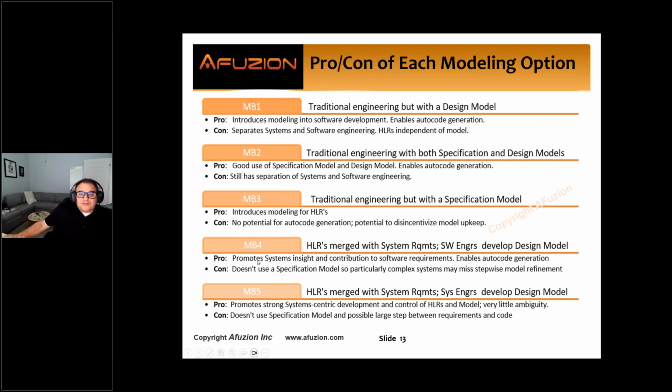And really the benefits of using the model mean that for complex designs, software that may have hundreds of thousands of lines of code, when you use a model as part of your specification and you need to update, it's easier to translate those updates all throughout the project, as well as minimizing the chances of mistakes when you have to go through and modify all your documents by hand. Things get missed, items get misplaced or misnumbered. A lot of things happen, which puts more emphasis on your design reviews.